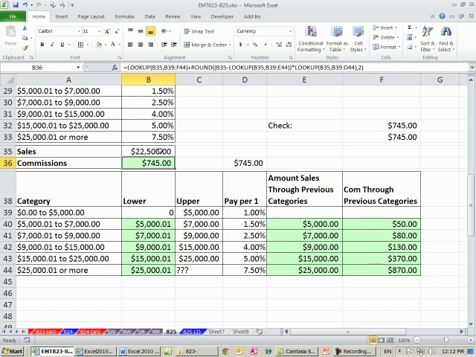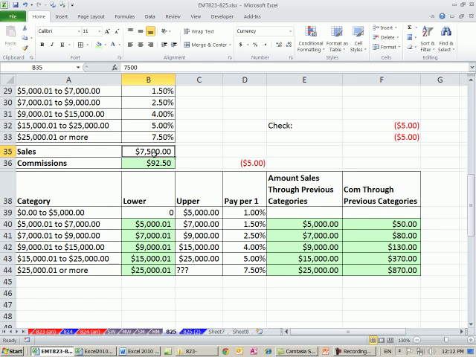And let's test it, right? Let's say 200. And it just should be 200 bucks times 1%. It looks like that's correct. Exactly 5,000. So that's exactly right. 7500. So that should be this